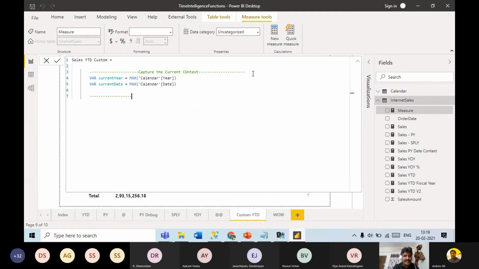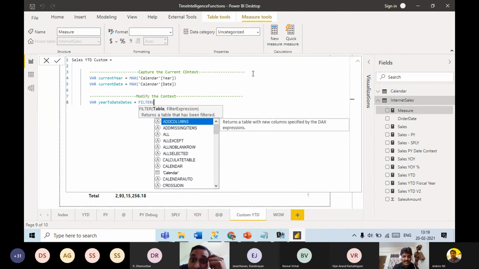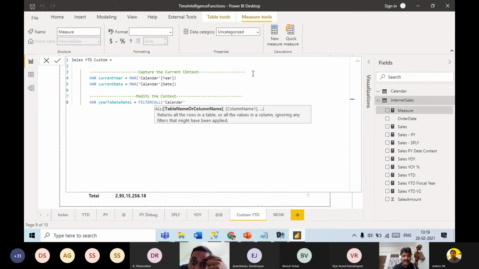Now I'll modify the context. As per your need, you get the modified context for you. So what I'll do is get the year to date dates. For that, I'll use the filter function. I'll remove all the filters on the calendar table, which means all the rows from the calendar table are visible for me now.